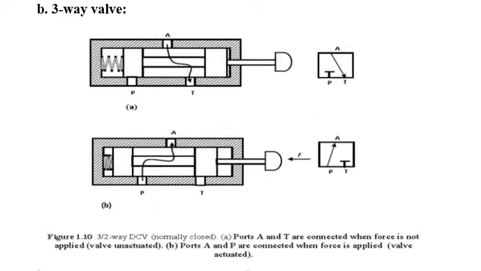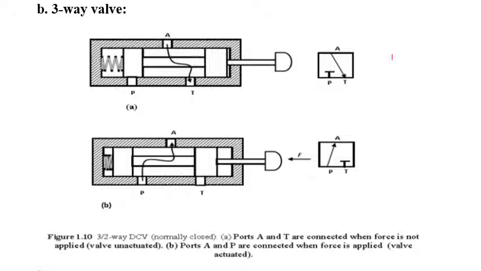Similarly, for three-way valve, here three ports are present, port P, port A, port T, and this is the first position and this is the second position. You can see 3 by 2 way direction control valve, 3 by 2 valve, 3 ports, 2 positions. So in this case normally closed. See here pump is blocked, so it is a normally closed valve. In the initial position where pump is blocked, that indicates normally closed one.